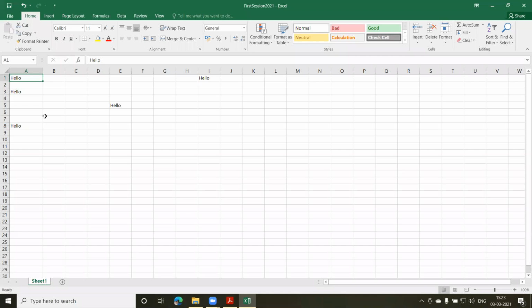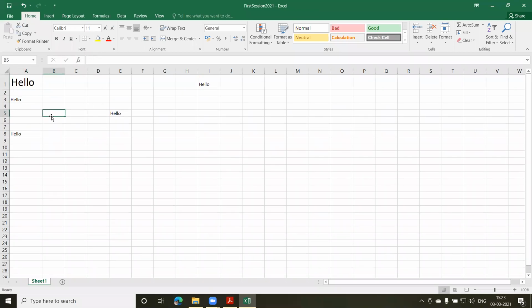Now we also have a drop down button, which is available here, the font. Let me increase the font size for this particular cell. So I click on this drop down and select a font size, say 24. So what happens? Only that cell which was selected, for that cell, the font size will change. Whereas for the other cells, you can see the font size is still 11. But when I click on this cell here, the font size has changed to 24. So this is your simple drop down button.